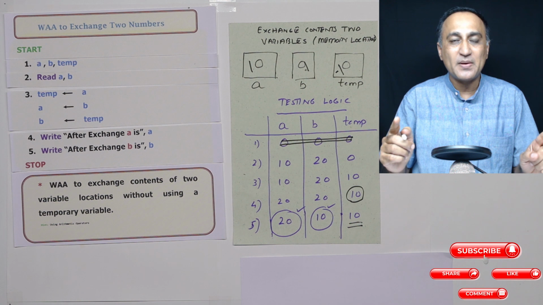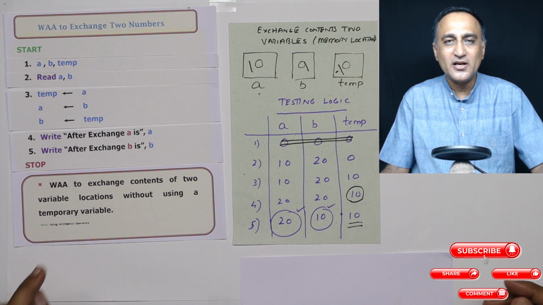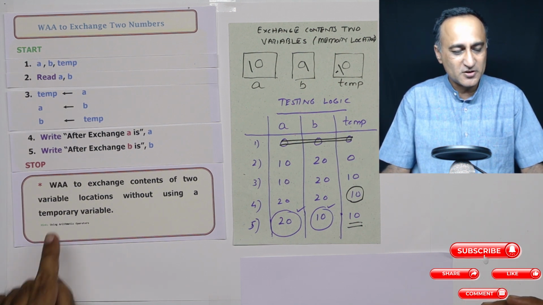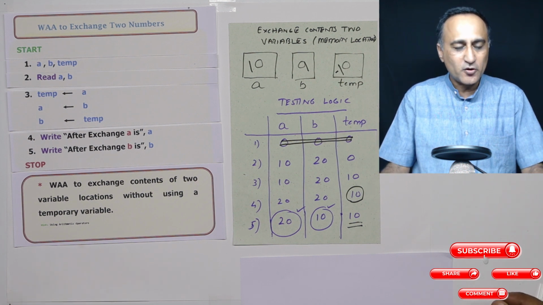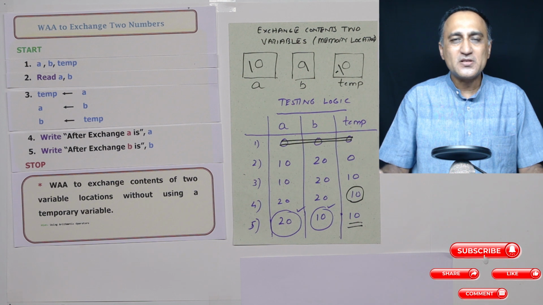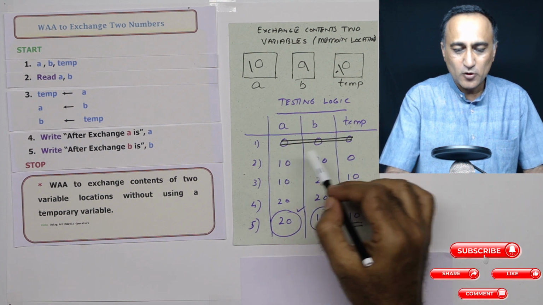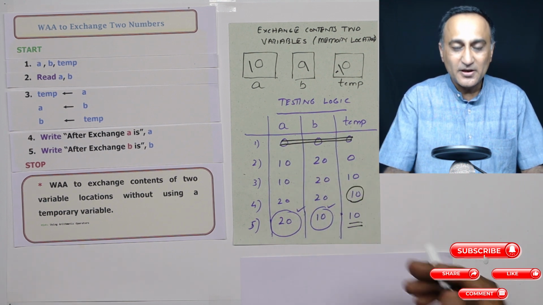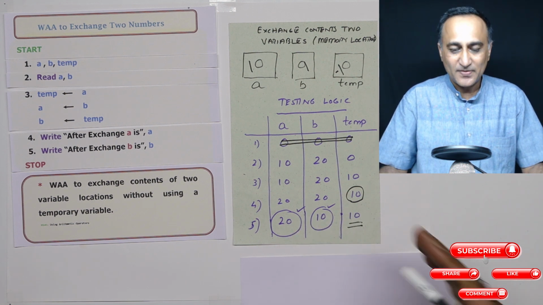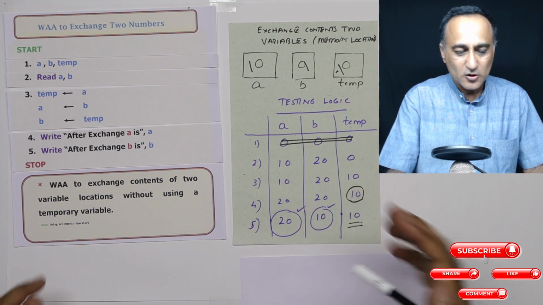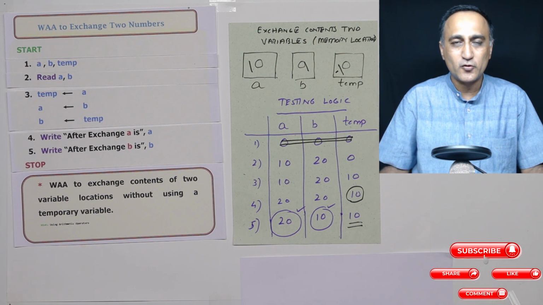Exchanging is also called swapping, SWAP. Believe me, you will be using this particular logic hundreds of times to exchange the contents of two memory locations. So try to exchange the contents of two variable locations without using a temporary location. Now you may ask, how do I check the program? I've already shown you: just create a table. For each step, note down the value of A and B and see what is happening to their values. If at the last step you see the values exchanged, then your logic is correct. If you find something going incorrect, that means there is some error or mistake in the thought process. Then recorrect your flowchart.